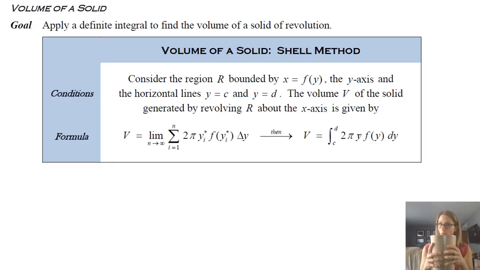So I'm going to bring back the coffee can. And so in the first example, we were looking at a shell like this. Now we're going to be looking at a shell like this. So when you think about this rectangle now that then has some depth, you need to think about the fact that its radius is going to be a y value. So that's where the 2 pi y comes in.